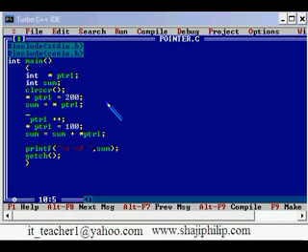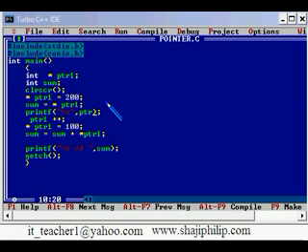I am going to print it out. Printf percentage x comma ptr1.